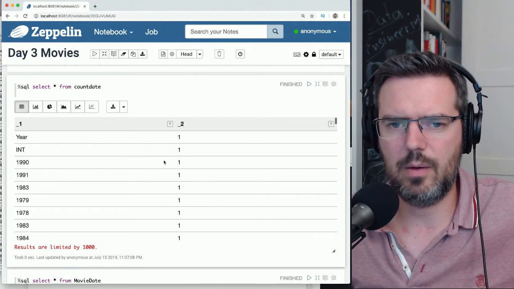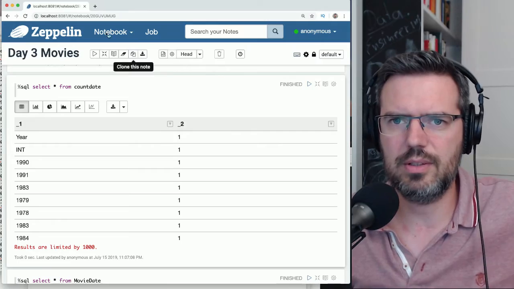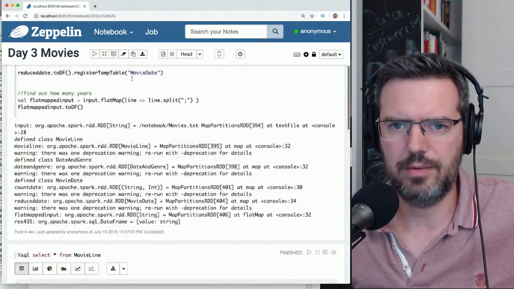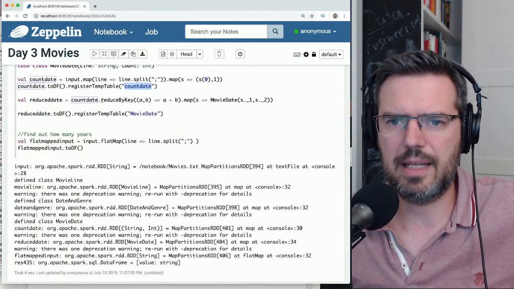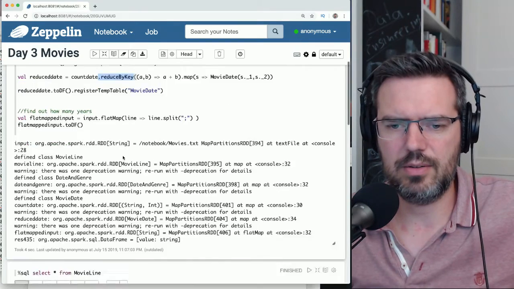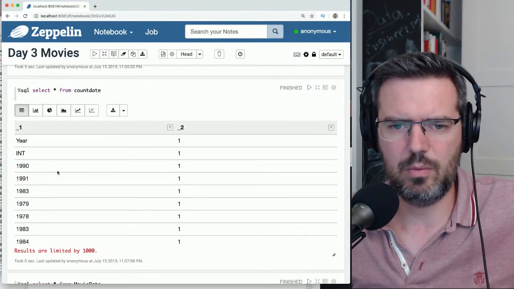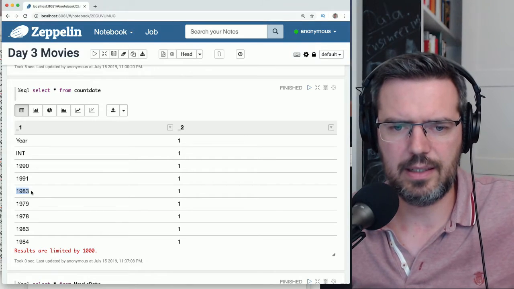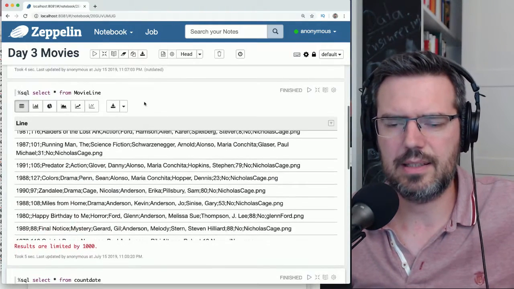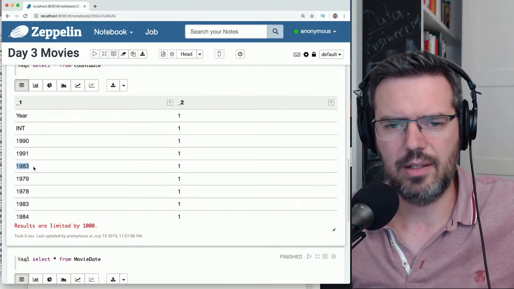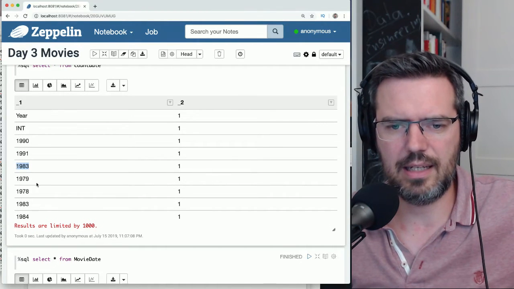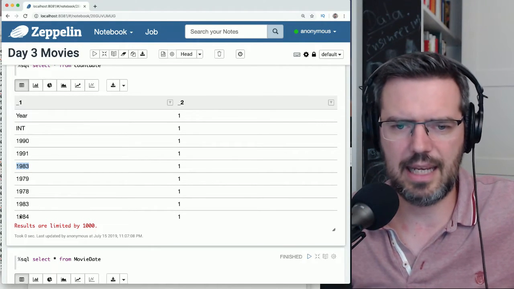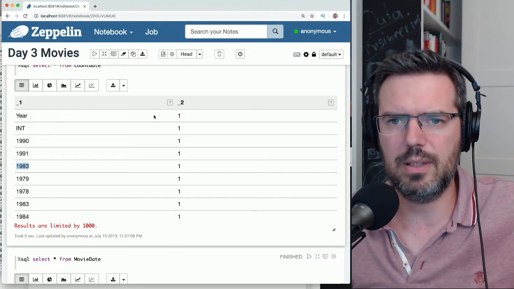And now what the reducer is going to do here is reduce by key. He's going to take every one of these, take the key here, 1983, and then make a list of all the 1983s. So there might be 10 1983s with a 1.